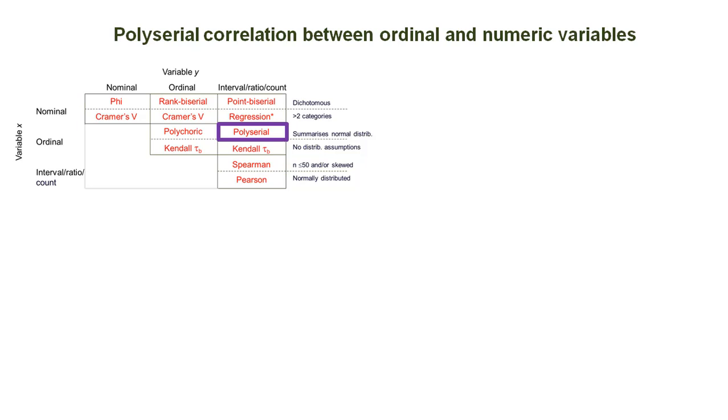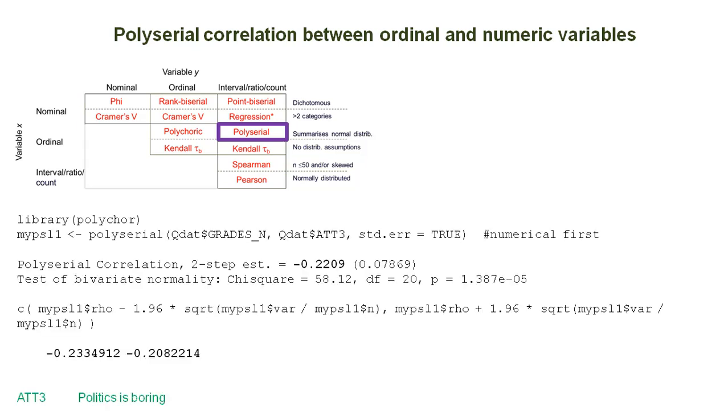The polyserial coefficient calculates the level of association between an ordinal and a numerical variable. The assumption is that the data summarizes a normal distribution. In this example, the Likert scale attribute @3, politics is boring, and numerical variable grades n are used. The correlation is minus 0.22, with a 95% confidence interval of minus 0.23 and minus 0.21, which need to be calculated